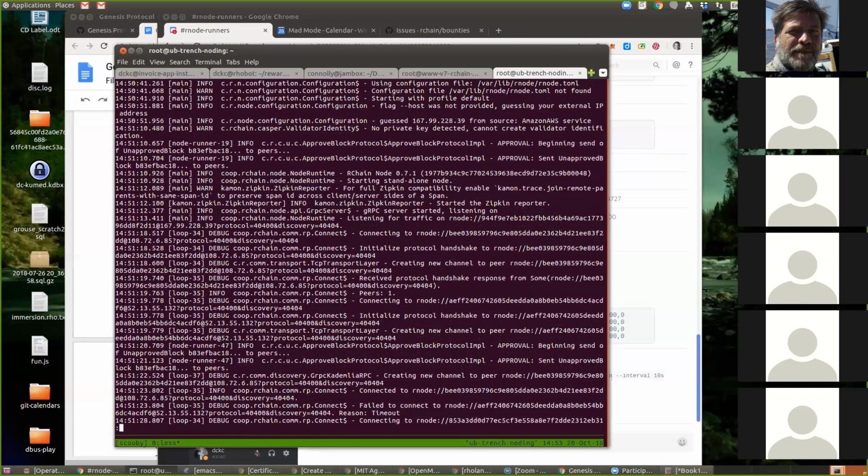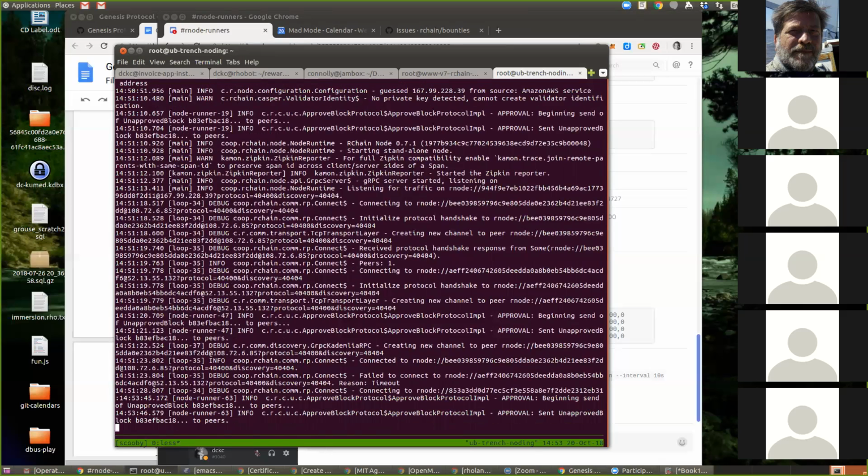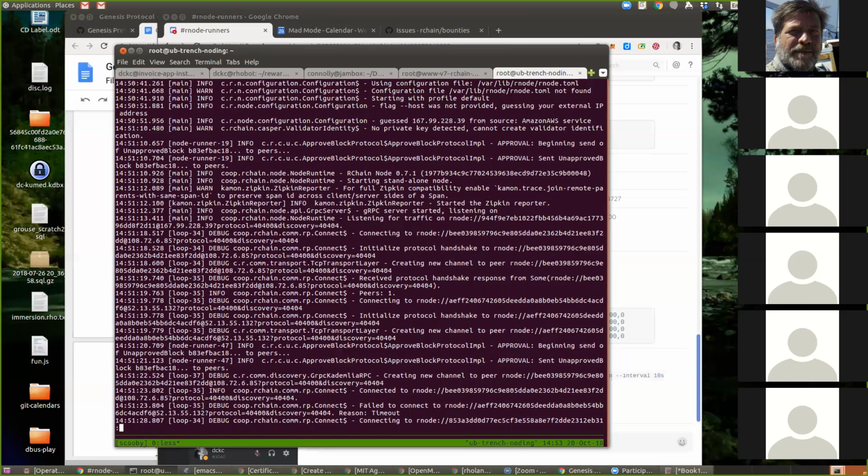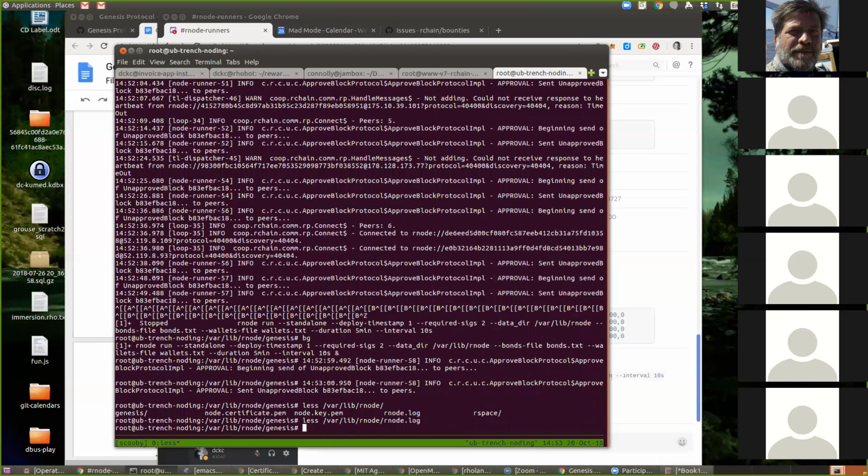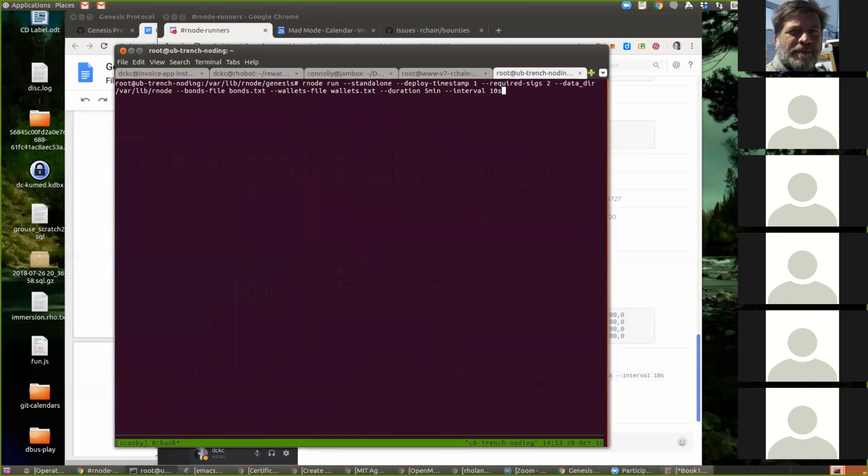It found bonds, but I can't see where. Oh, it looks like it connected to the wrong bootstrap. I mean, it got an approval block right away. But he's running a standalone node, so it's not connecting to any bootstrap node. Well, they should be. Could it possibly have peers then? I certainly did standalone.